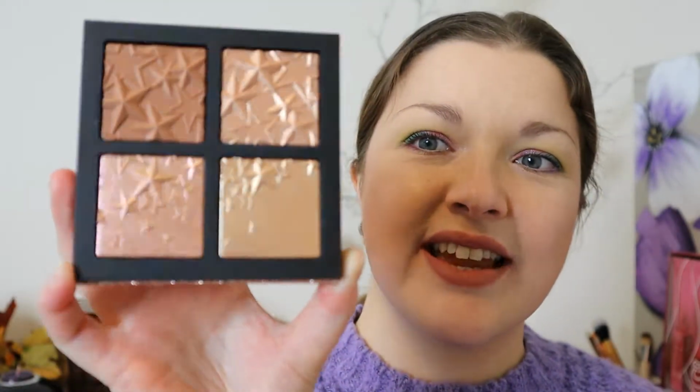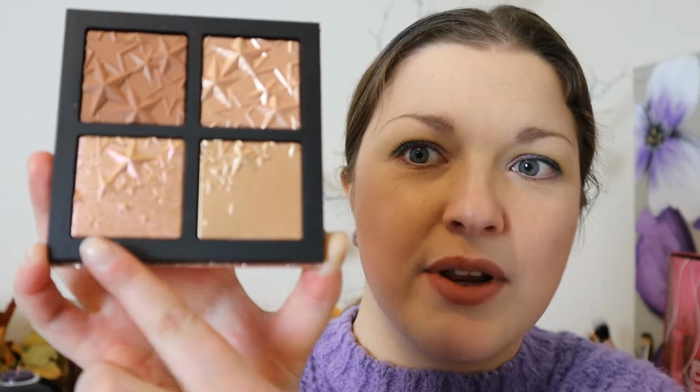And like you can see in the light, it's got a lovely pink and gold. It's this one here. It's got a lovely pink and gold shift to it, and I just think that's stunning. So let's give it a swatch. So we'll do the top 2 first. So we've got the bronzer and the blusher,